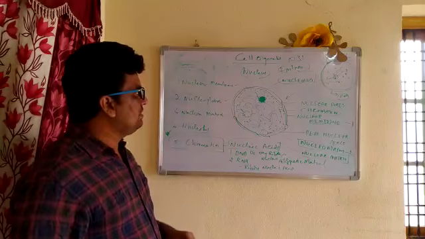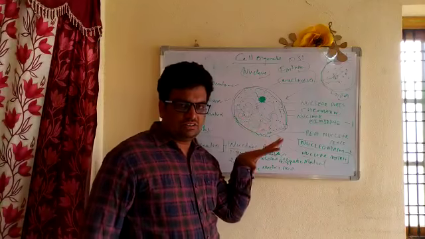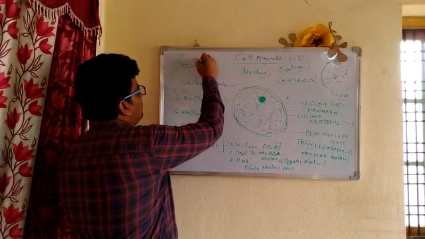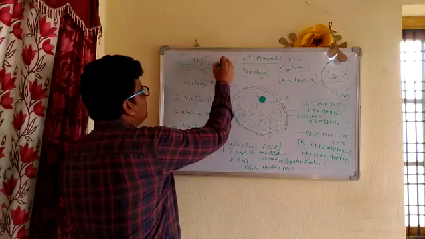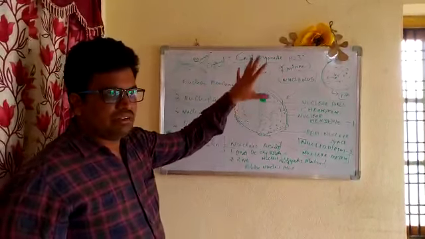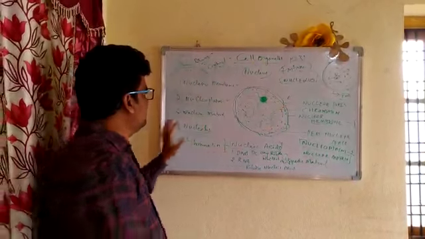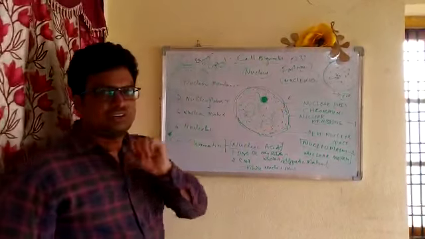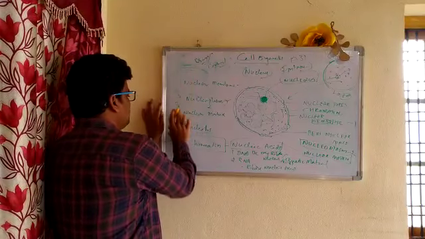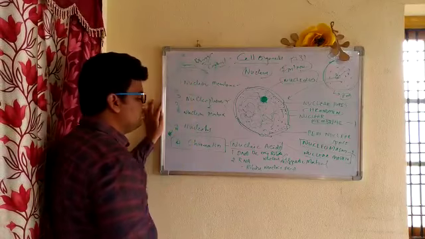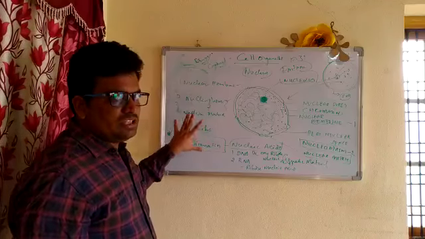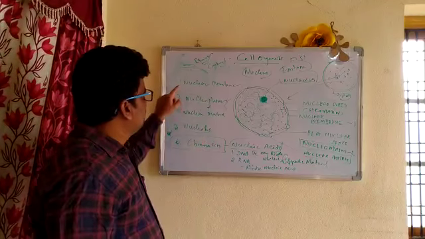So simply we can finalize this topic. Nucleus is called the brain of the cell or the control center of the cell. The nucleus has very important parts. Generally we can consider these two as one, so there are 4 parts you have to remember, children. No problem, it is easy to remember.